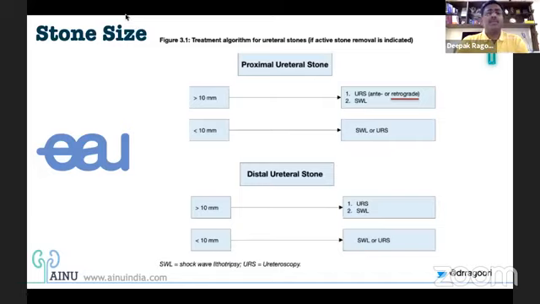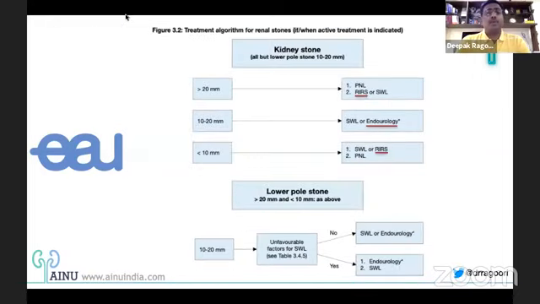Coming to the stone size, I guess we've been seeing these charts for years now, and the guidelines are pretty much stabilized, and they are okay with a few parameters here. Like more than 10 millimeter stone in the upper ureter or in a PUJ, you tend to do a ureteroscopy, or a flexible ureteroscopy or an RIRS is a straightforward option. But the true classification for whether we'll go ahead and do RIRS or not is coming to stones which are 1 to 2 centimeters, and especially the lower pole stones. And if you look at the guidelines here for stones between 1 to 2 centimeters, pretty much all of these can be tackled with an RIRS.